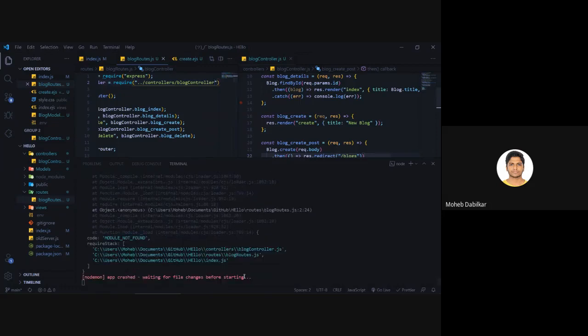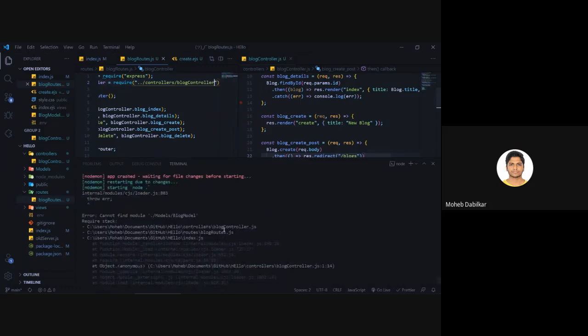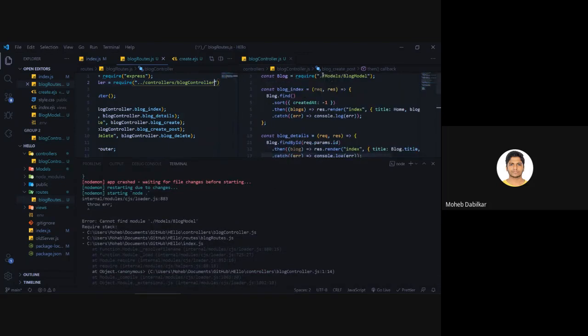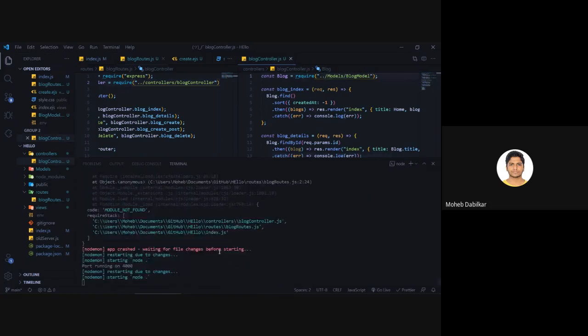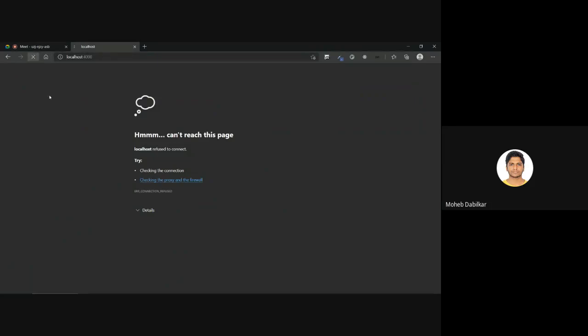Now it should work. Okay, still another module was not found. App crashed. Cannot find module models blog model. So this one should also do the same. Okay, now we have our port running on 4000. And if we refresh it,